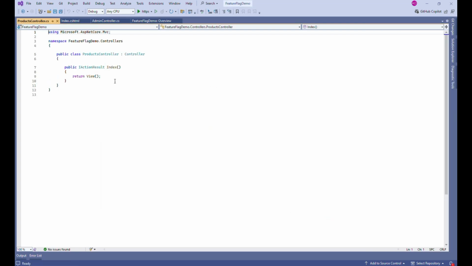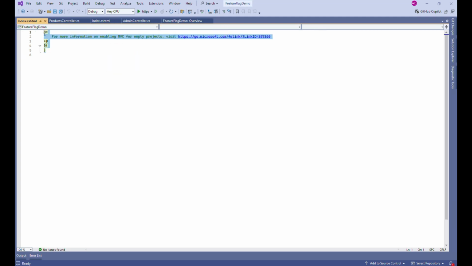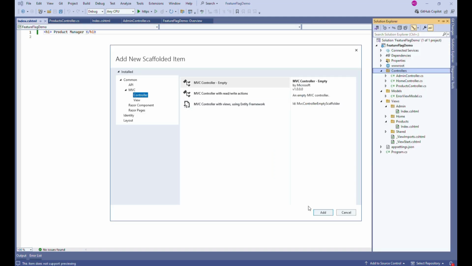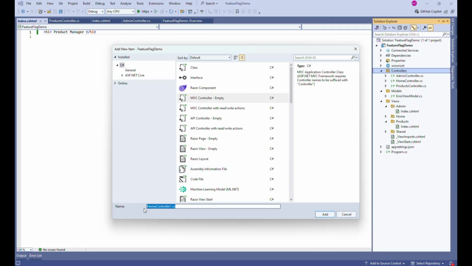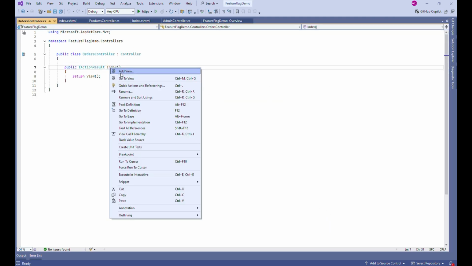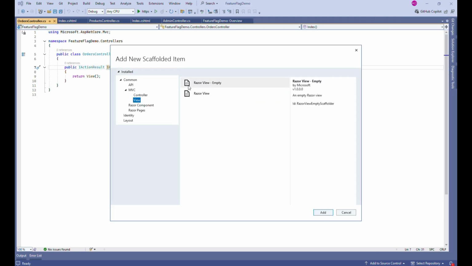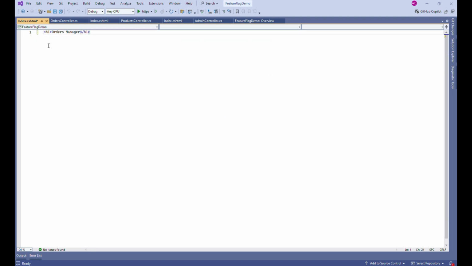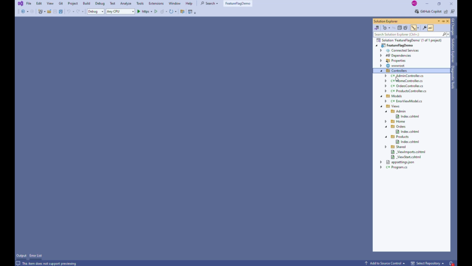Again, add a new view for this controller. Add a text to this view. Add another controller with the name order. Add a new view for this controller. Add a text to this view. Now we have the respective controllers and their views ready.